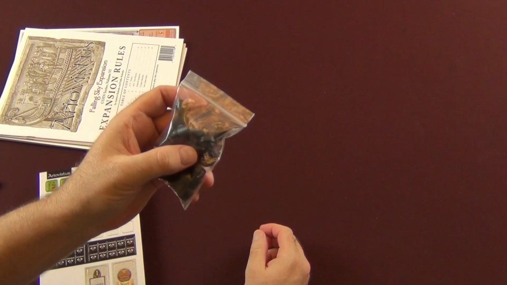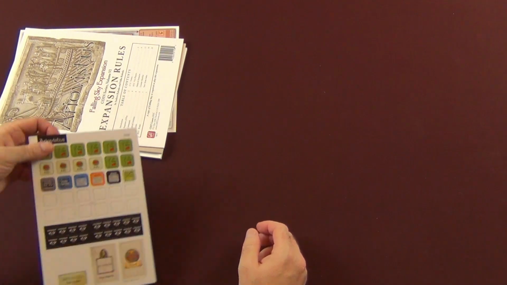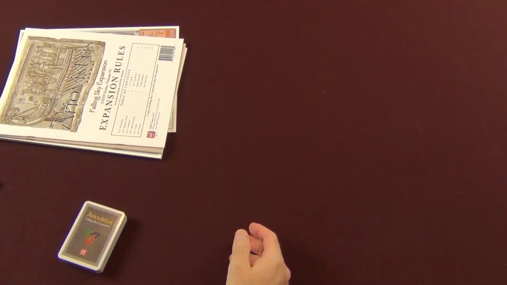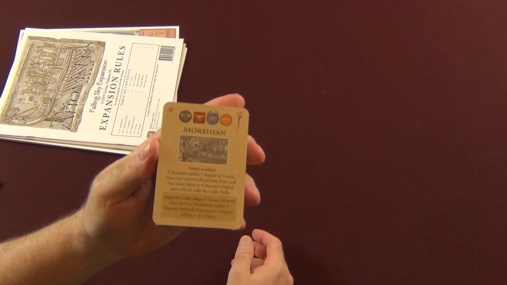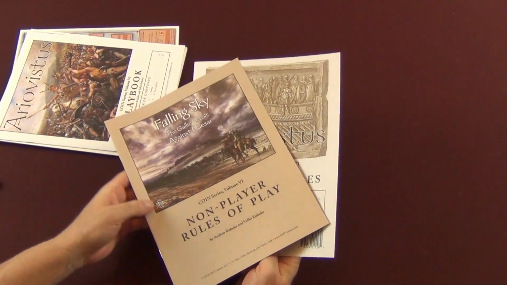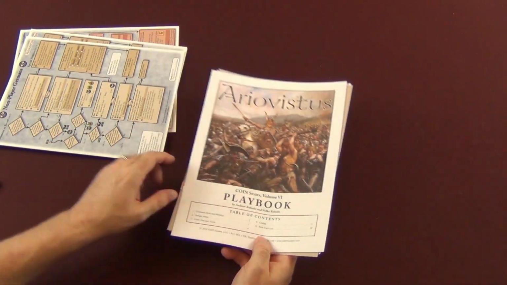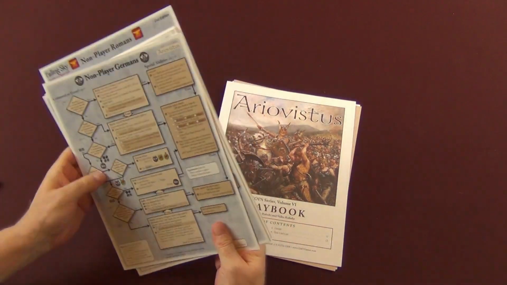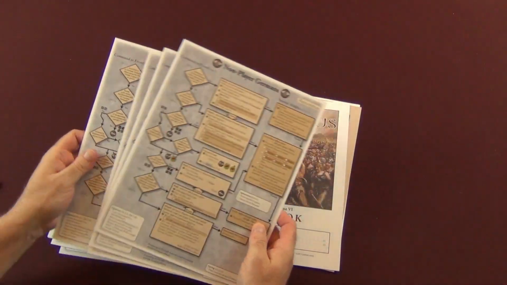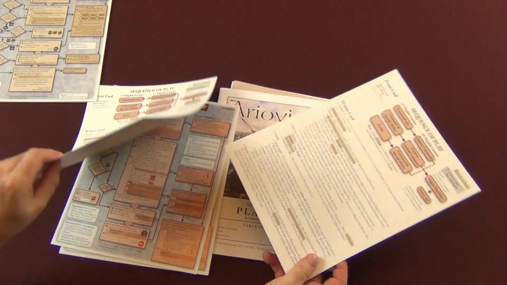So, standard COIN wood bits embossed, as we've come to expect and we love with this COIN series. New counters that you'll have for different aspects of the game. Another new deck of cards specific to this expansion. And then you have expansion rules, non-player rules of play, and another playbook just for Ariovistus, as well as your bots, and we've got 2, 3, 4 of the bots here for the different factions, and you've got your sequence of play, a couple of those,